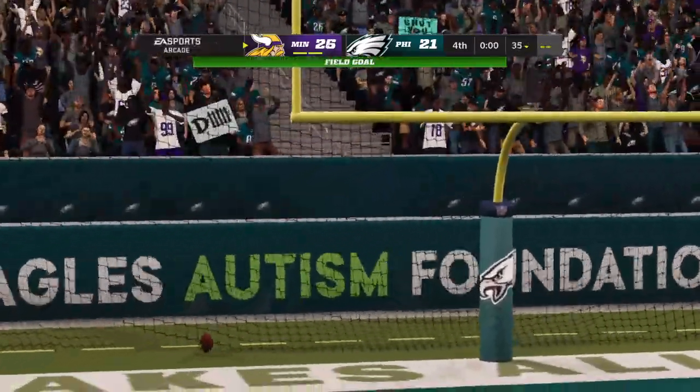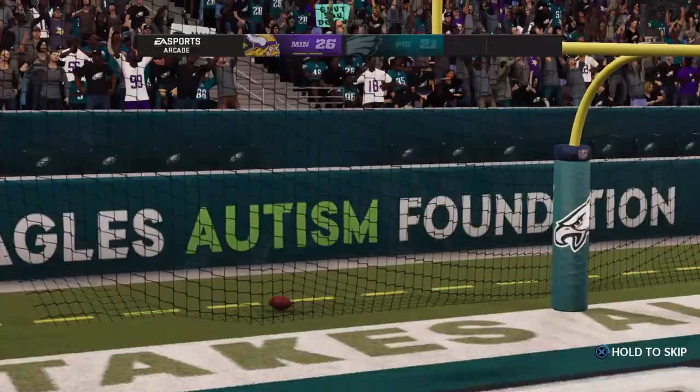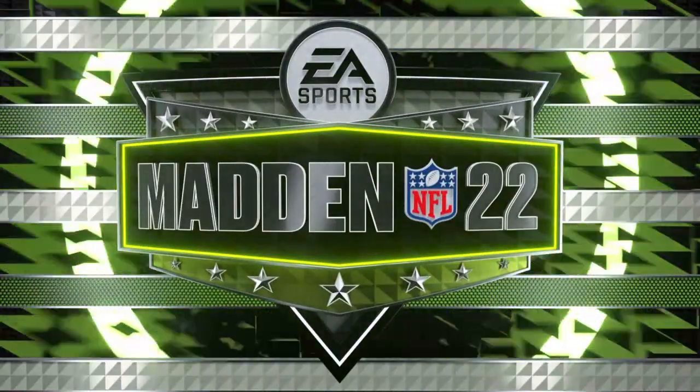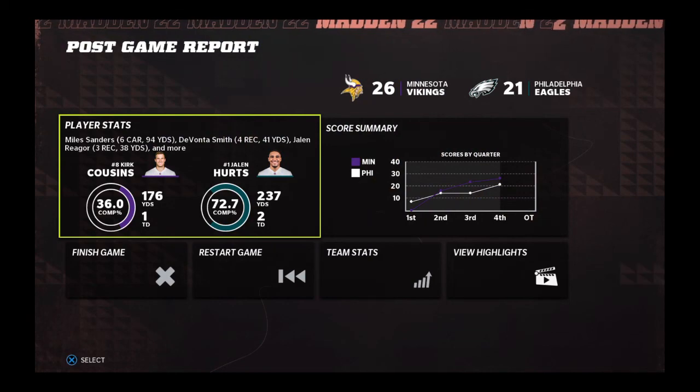And the kick is good. So you wonder how this one might be remembered the next time these two teams meet. But until then, this game's over. So the final seconds have ticked away in this Minnesota